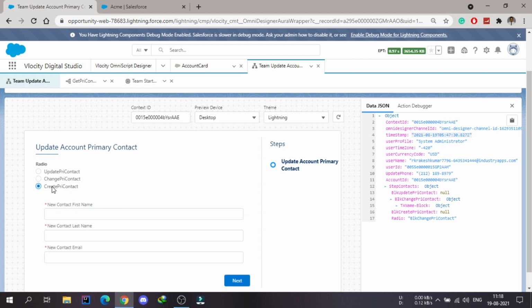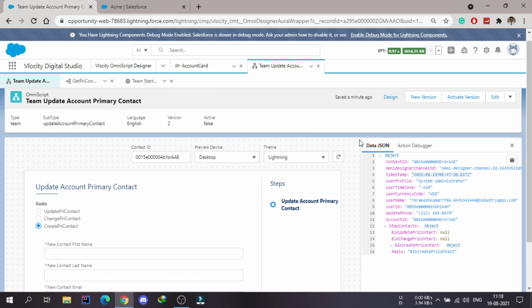We can also create a new primary contact and assign it as the primary contact of that account. For all these things, we need to create one integration procedure which will have multiple data adapters executed with some condition. So the same thing we will do in the next video.